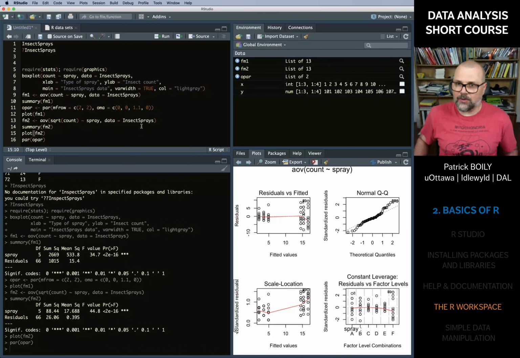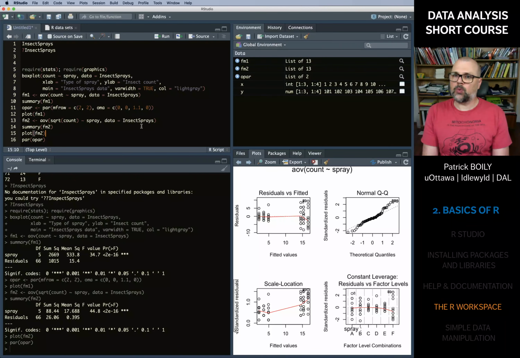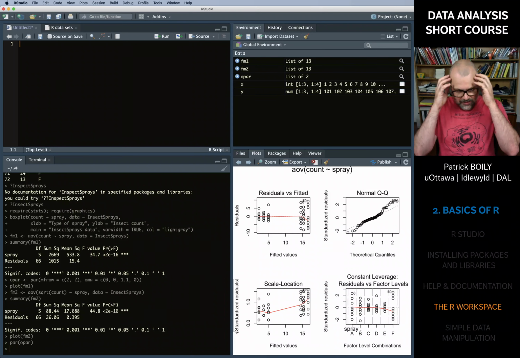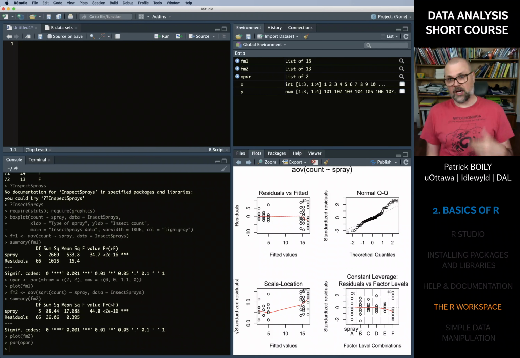Now, the reality of it, though, is that you're not really going to want to work with the insect sprays data set. You'd like to be able to work with your own data. Well, there are many different ways to do that. It depends on the format in which your data is presented. Typically, especially if you're working with small data sets, you might have it in an Excel spreadsheet or a CSV file, a comma-separated value file. It might show up as a text file, a tab delimited file. Thankfully, R is very flexible. If you want to read a CSV file, it'll help you read a CSV file because it has a function